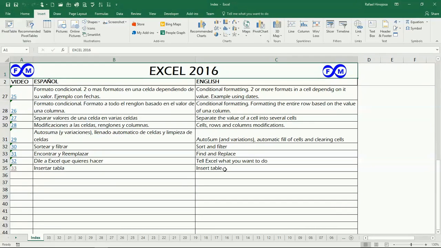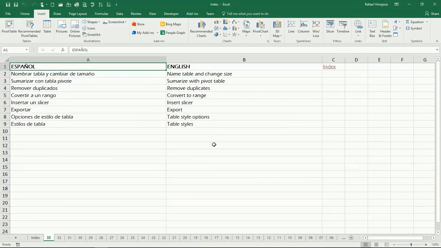And in this video we're going to see how to insert tables. Well, probably some of you are already thinking, it's not everything that I place inside of Excel that is kind of like a table. Well, kind of, but let's say that for Excel it's not. So in this video we're going to see how to tell Excel explicitly to treat this as a table. By doing that, we're going to get some new options from Excel. We can do it by ourselves, but Excel is going to make it easier for us if we tell it, okay, this range of cells is a table, so some tools are going to be available for us